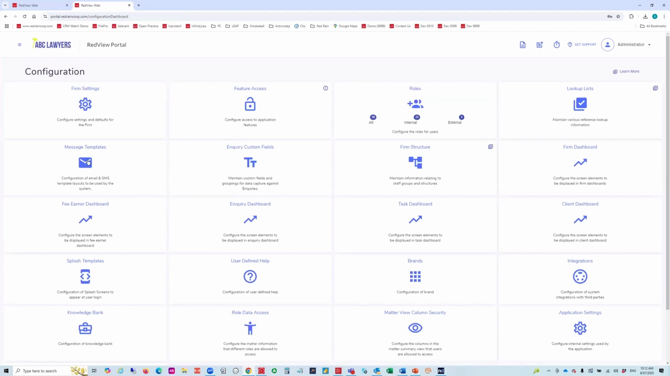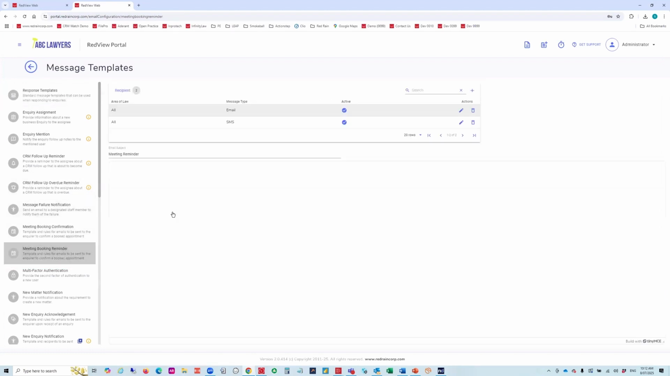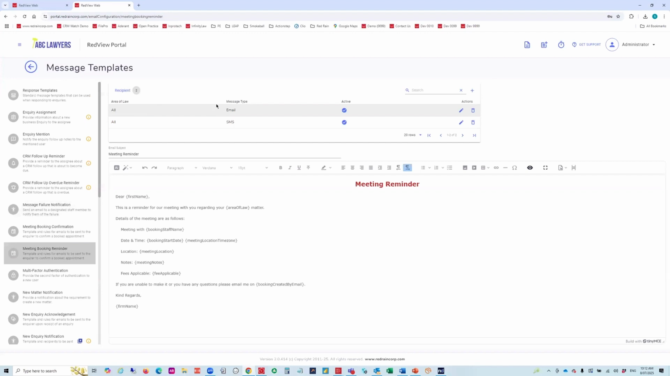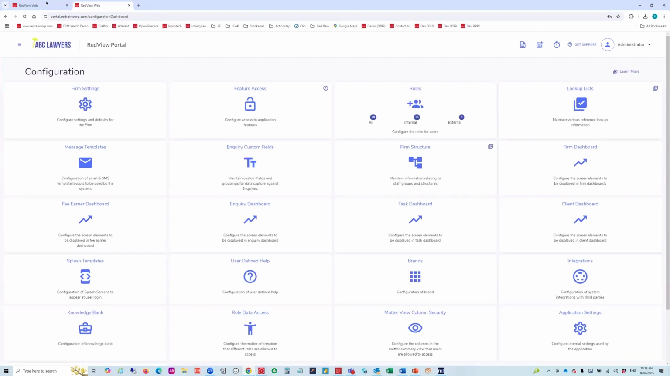The other thing that's required to be done for reminders is to set up a reminder template. If we go to the template area here, we can see that we have the reminder template set up for all areas of law. But what you can do is set up a reminder template for a specific area of law. And when the reminder selection occurs, it will look through the list to find the appropriate reminder to send. So once that's all set up, if we go back into the inquiry,